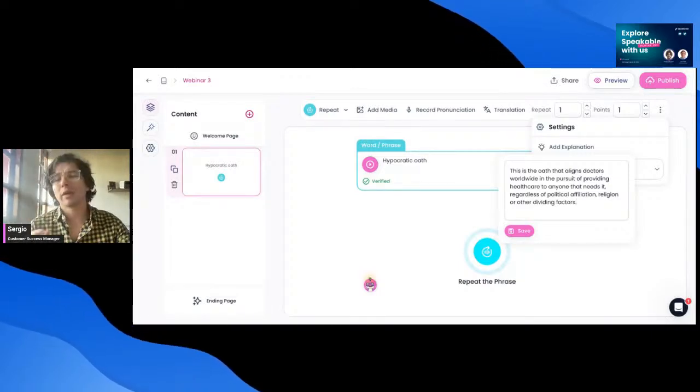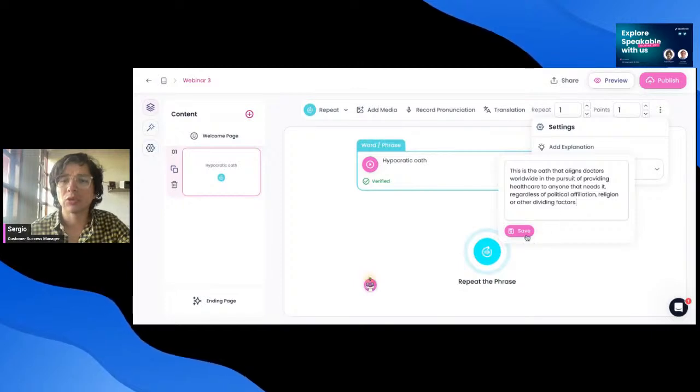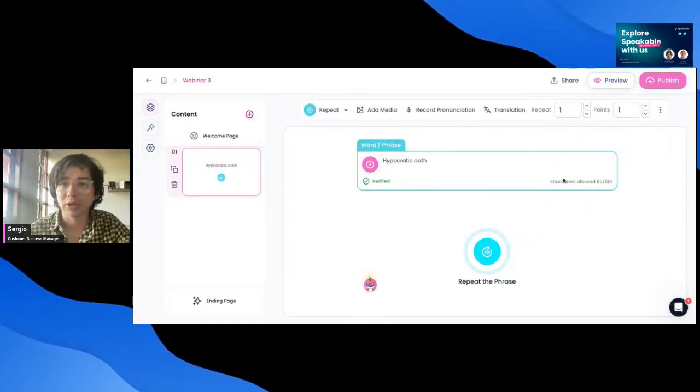So regardless of whatever you're going to teach, you can add this as the explanation, and